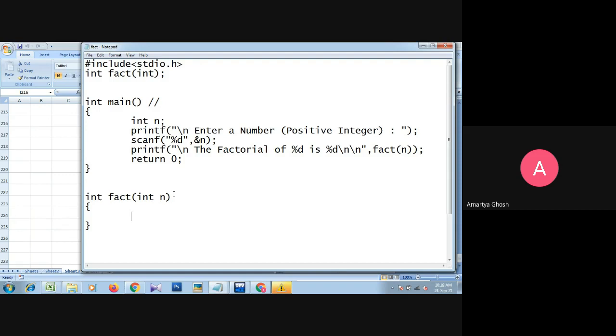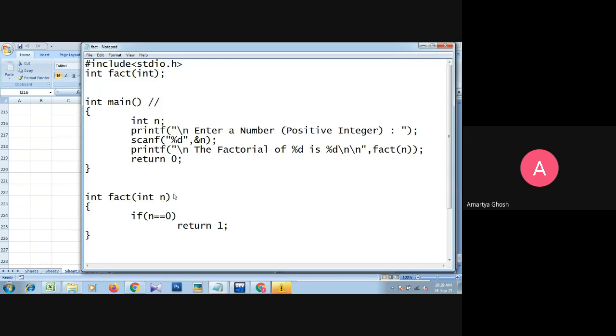That is why we just check if, within brackets, n equals to 0, then return 1, semicolon.